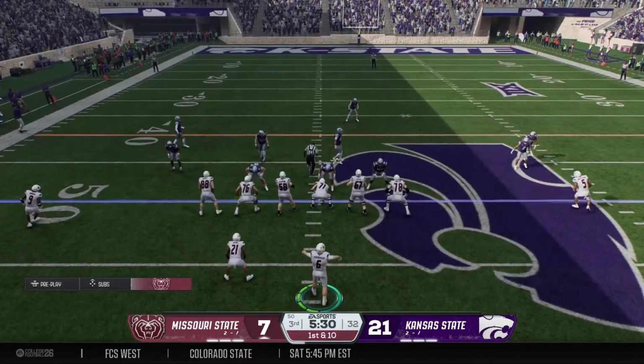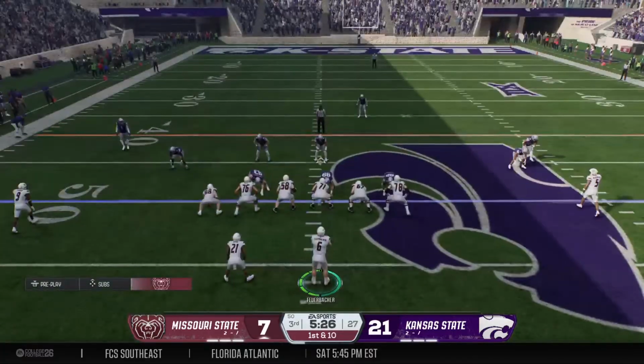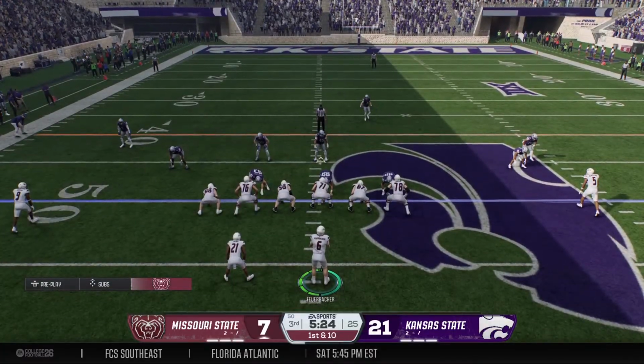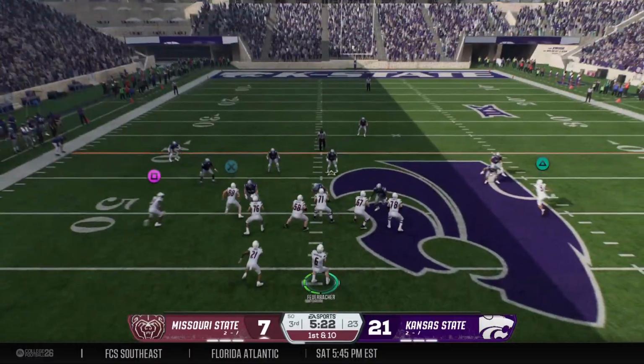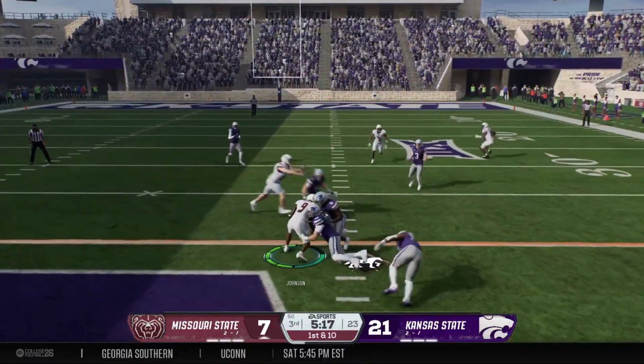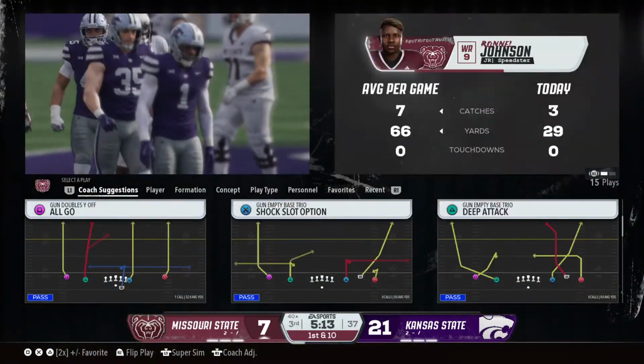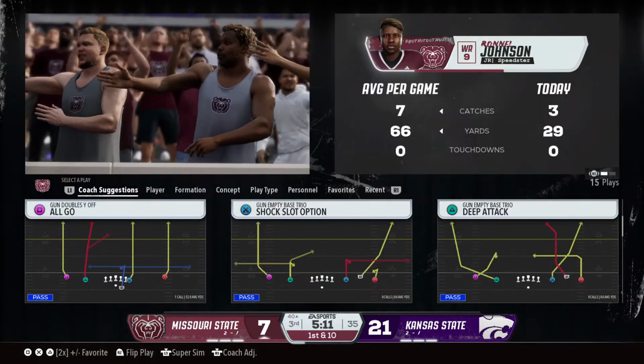Phenomenal play call by the offensive coordinator. You're calling screen passes to take advantage of a good pass rush, and that's exactly what happened. The offensive linemen, they just let those defensive ends run up the field. The quarterback did a perfect job holding on to the ball to the last possible second, getting it out to his running back, and man, that running back had a convoy out ahead of him.